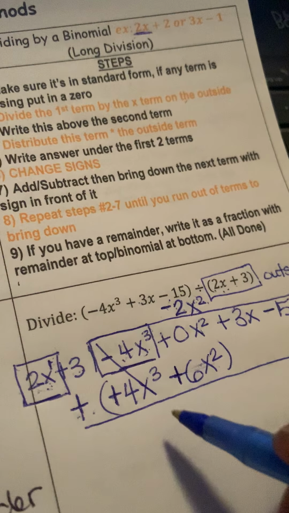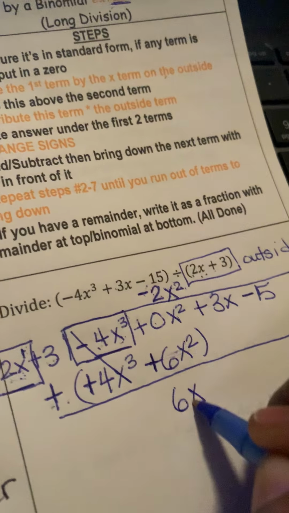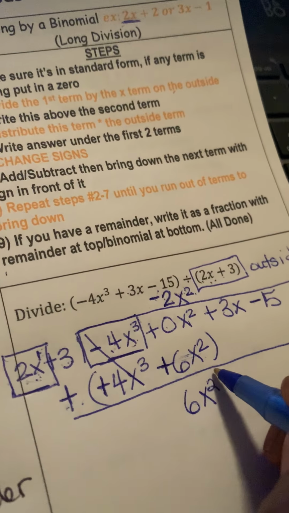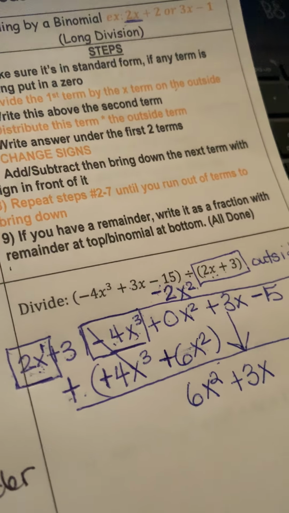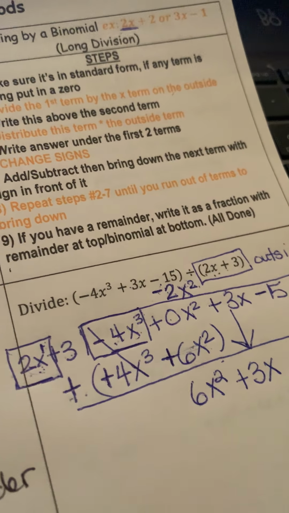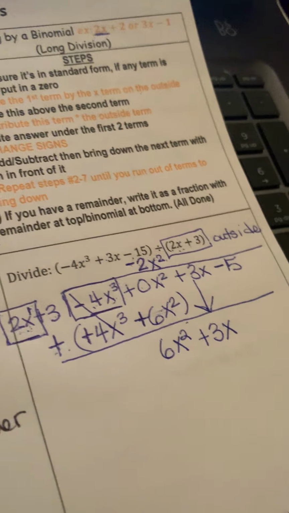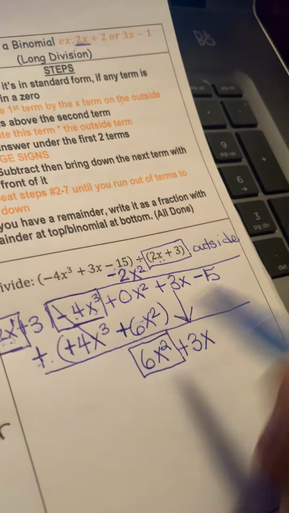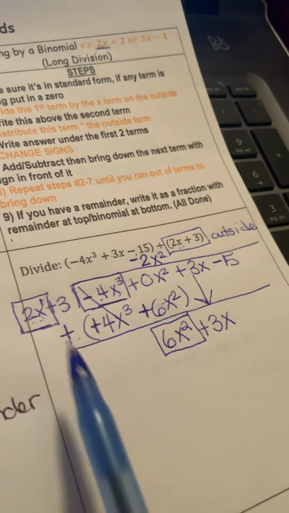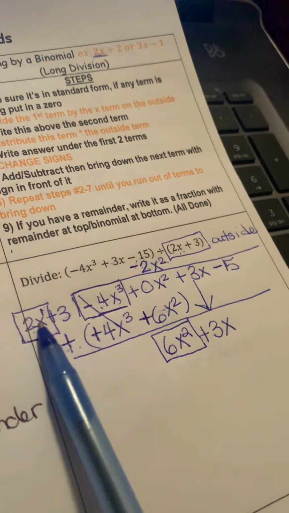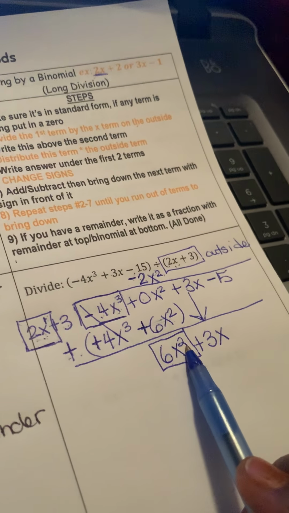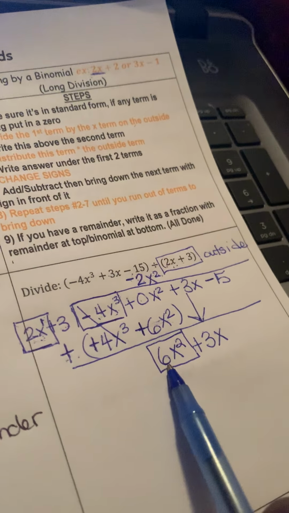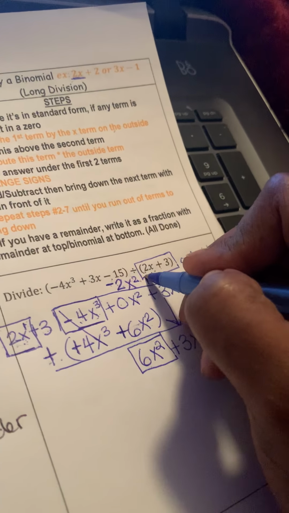For the second term, we just add by following the signs. So 0 plus 6 gives me 6x squared. And so I will bring down the next term. Just like we started out this one, we're now starting the process all over again. So I'm going to put the box around 6x squared. Now, what do I need to multiply my box term out here, 2x, by to get a 6x squared? Well, 2 times 3 will give me 6, and it's positive, so I put plus